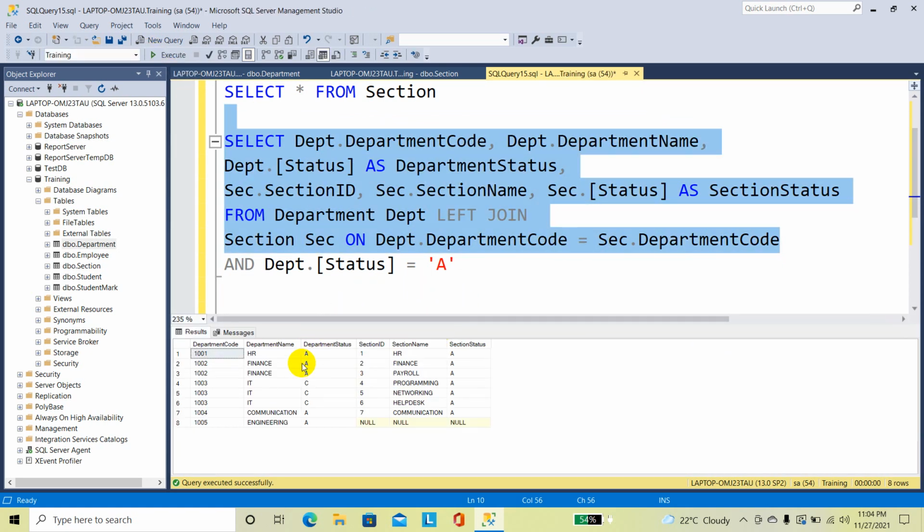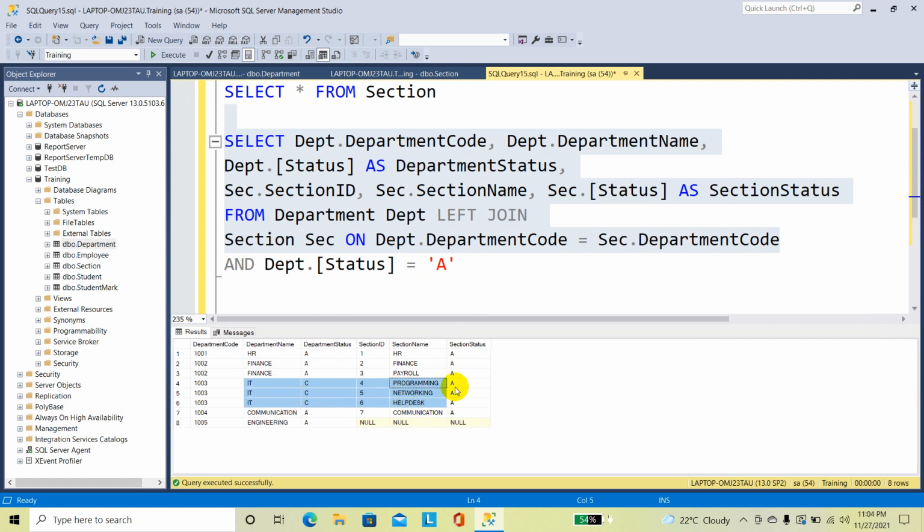So here the IT department status is cancelled, but there are sections coming under IT department and the section status is active. Here engineering department status is active, but there are no sections coming under engineering.